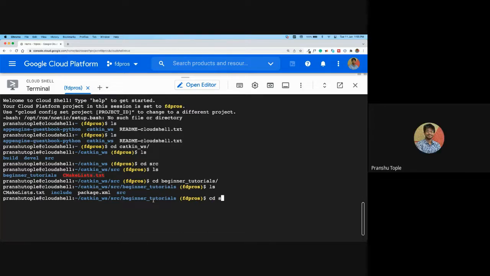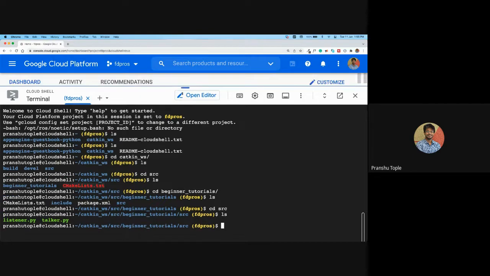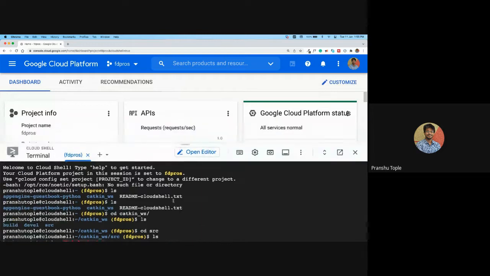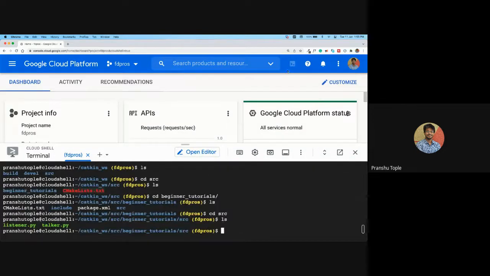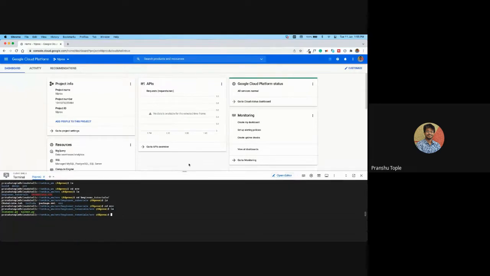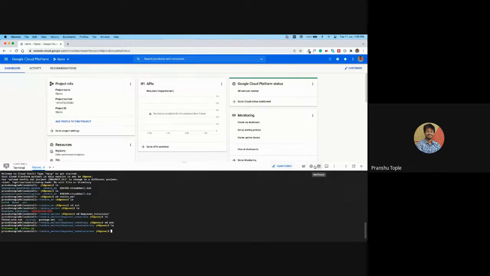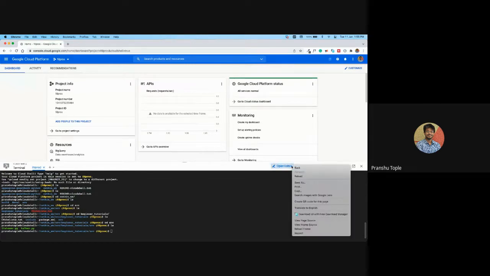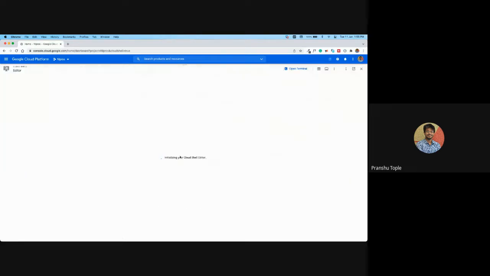Okay, so that same thing I have done over here. If I do ls, there is listener.py, which is a subscriber, and talker.py, which is a publisher. If I wish to do coding or write some code, I can open an editor. It will go full screen.